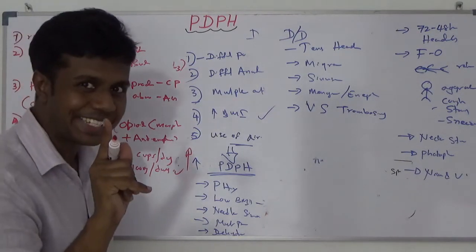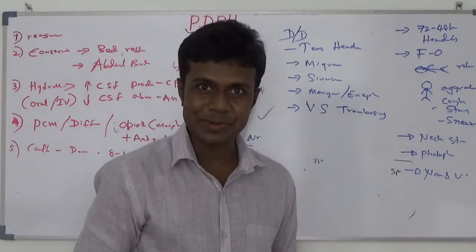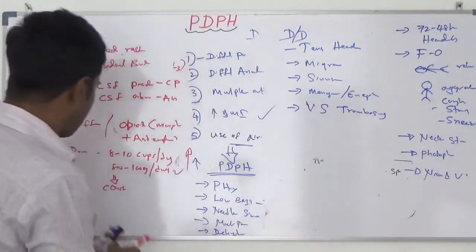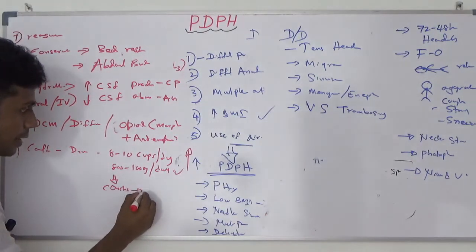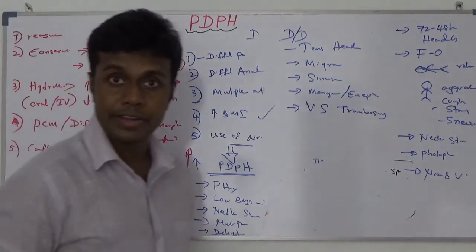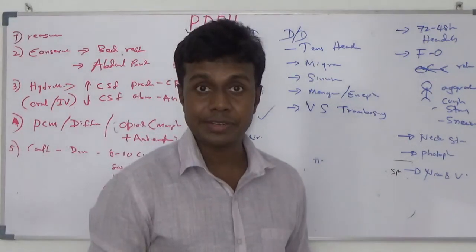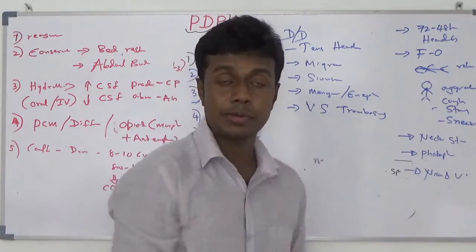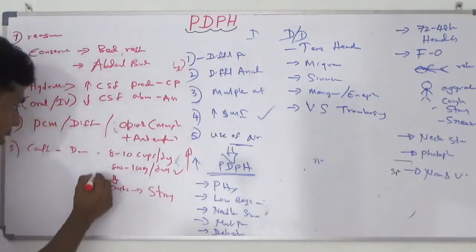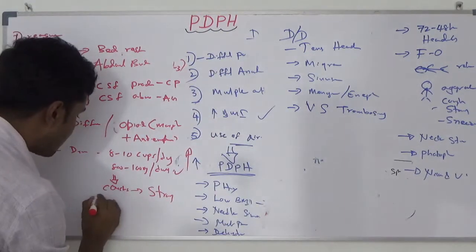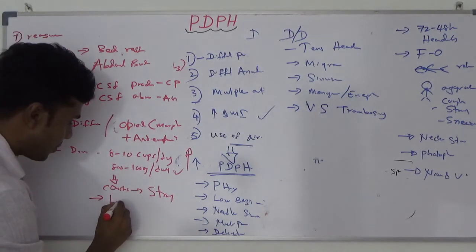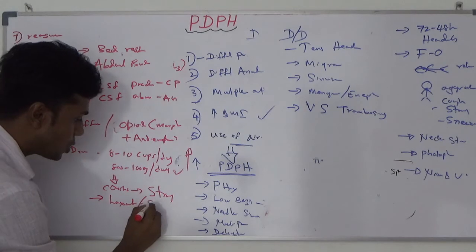I think you have experience with coffee and constipation. Both are very closely combined most of the time. So if your patient develops constipation, it will cause more straining during defecation, and because of that, more and more CSF leak can aggravate symptoms. So if you are going to prescribe coffee, sometimes you have to prescribe laxatives or stool softeners.